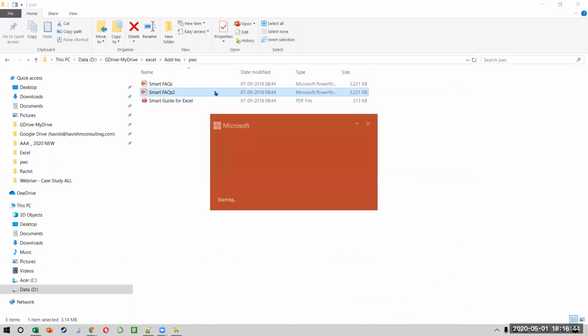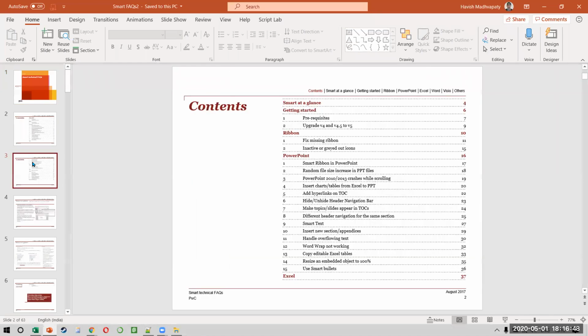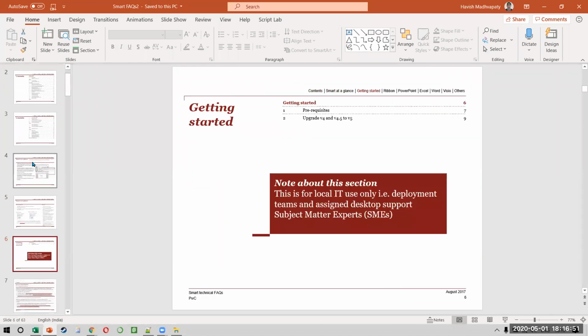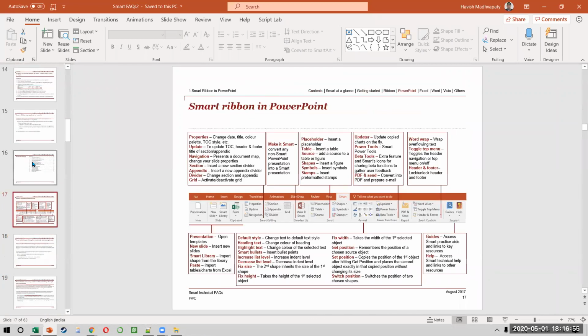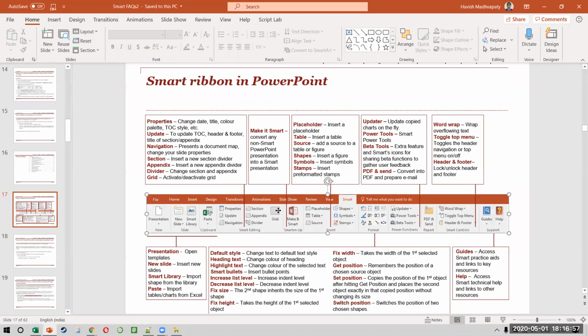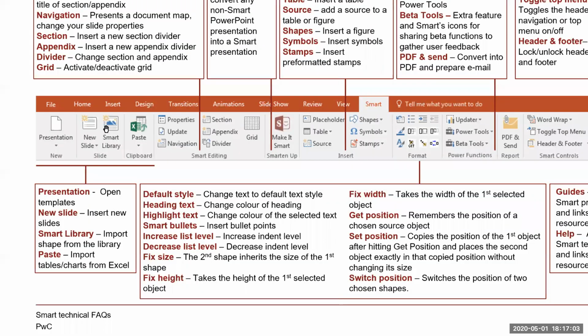Similarly, if you want to look at other add-ins that they create, this is the one for PowerPoint. So they have created this add-in called Smart, and then they have all these different functionalities that they have put.